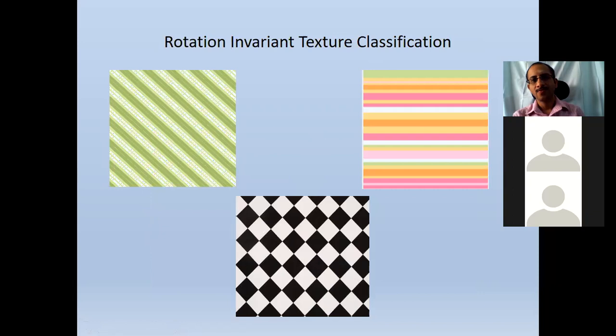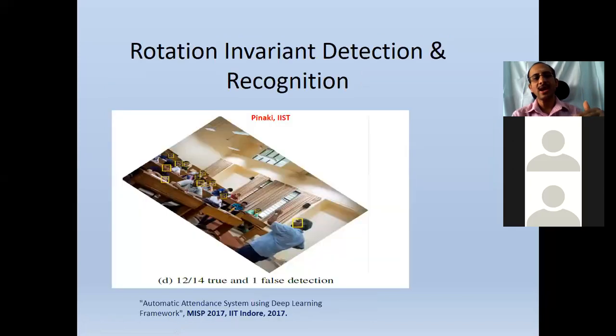If we can make some change in the rotation axis. Yeah, right. If you can train with all possible rotations in the training data set, then probably you may be able to. Or even if you make the orientation common for all the test data set, you can. Otherwise, you will not be able to do it. Even if you train with one orientation, it may not work for another orientation.